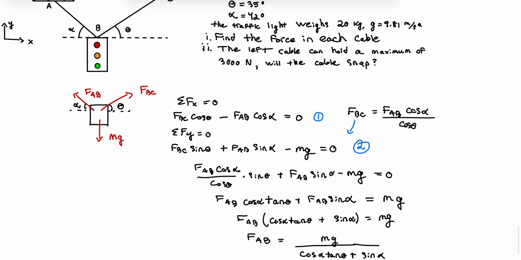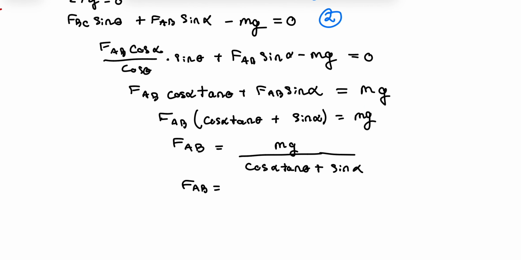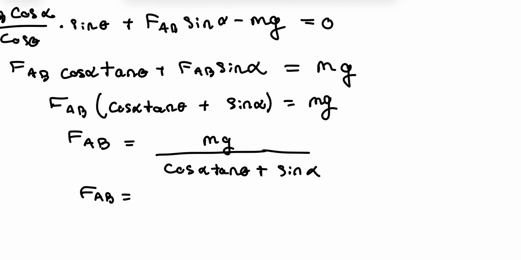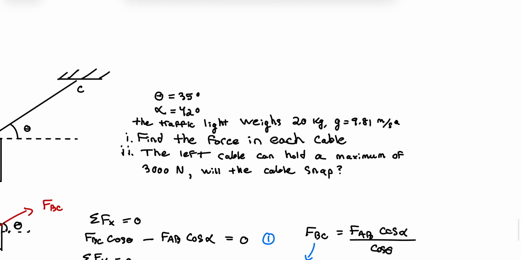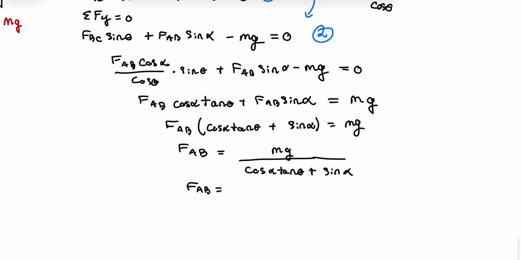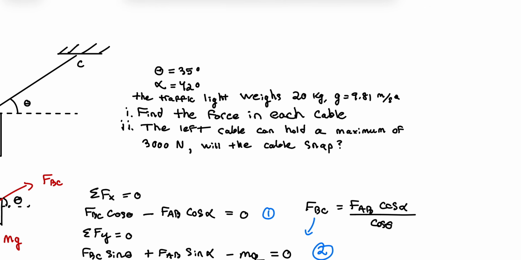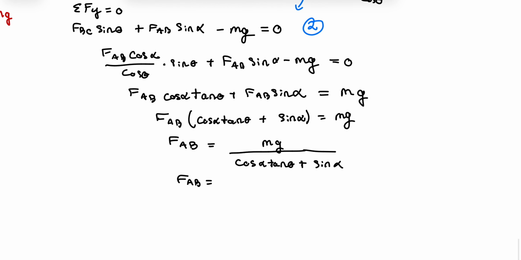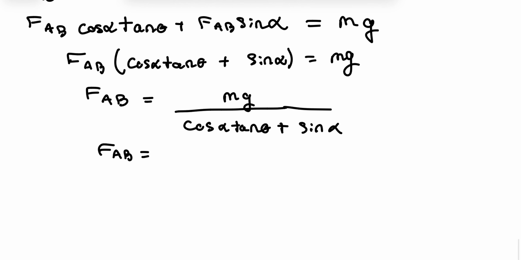So we're given that it weighs 20 kilograms and gravity is 9.81 meters per second squared. So that's 196.2 newtons of force in the numerator. And then our denominator is going to be cosine of alpha. We know alpha is 42 degrees, times tangent of 35 degrees. It's going to be plus the sine of alpha, which again was 42 degrees. That comes out to 1.189 in the denominator. So we divide the two, we get that FAB has to equal